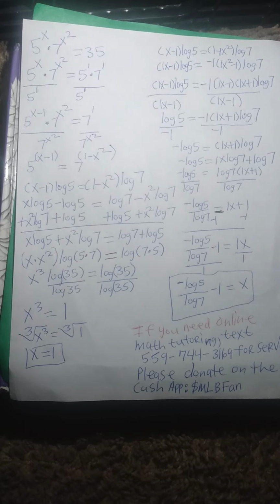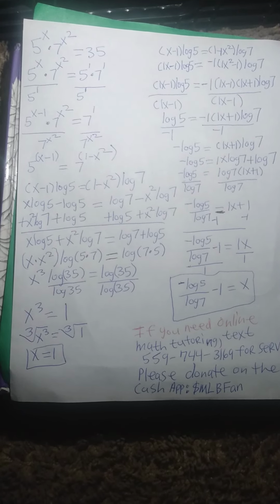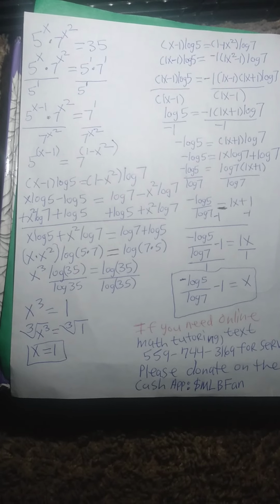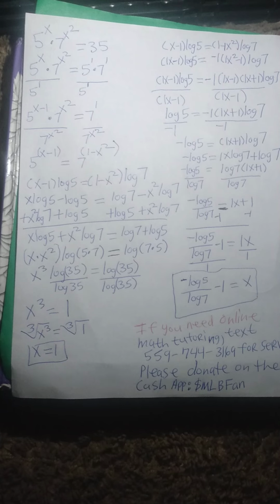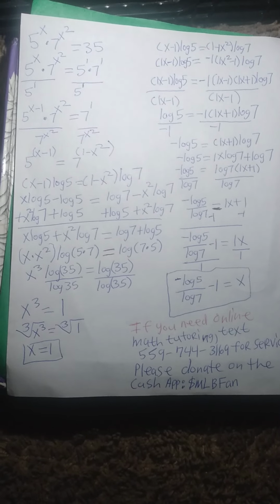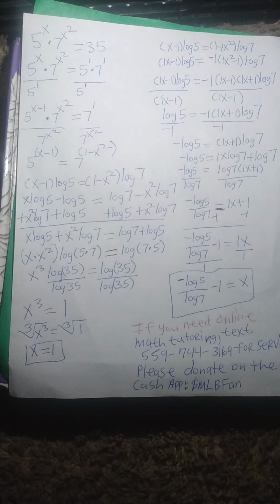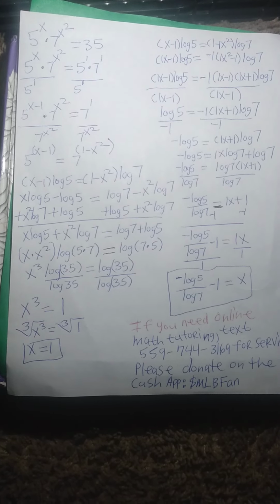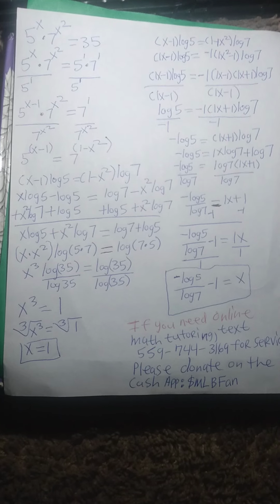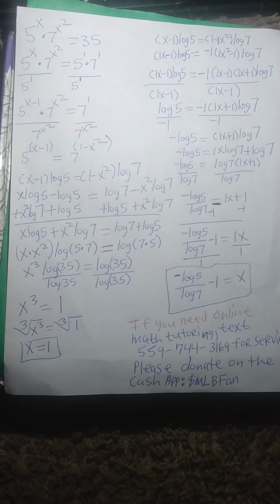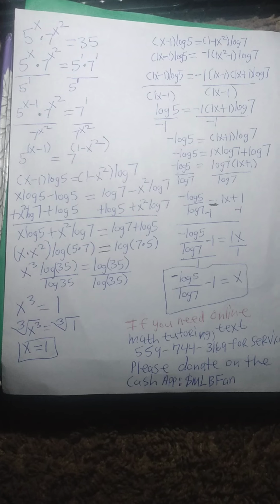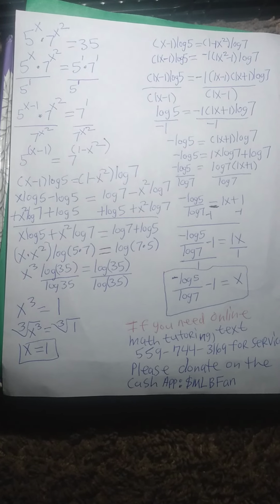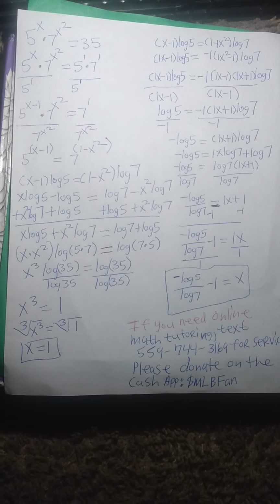So 5 to the power of x times 7 to the power of x squared is equal to 5 to the first power times 7 to the first power. Then we want to divide both sides by 5 to the first power. And then we will obtain, when utilizing the quotient rule, when you have the same base, you subtract the exponents. So we will have